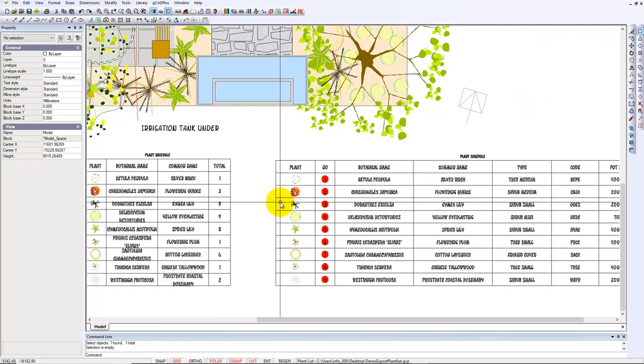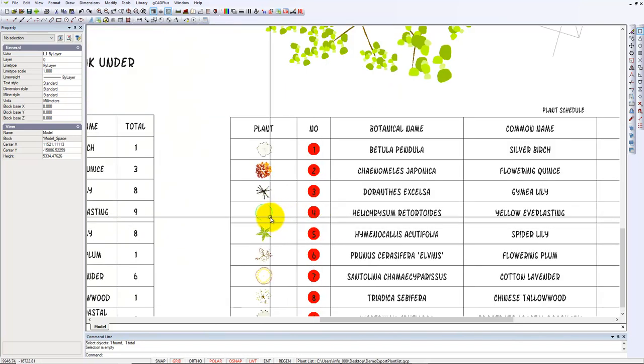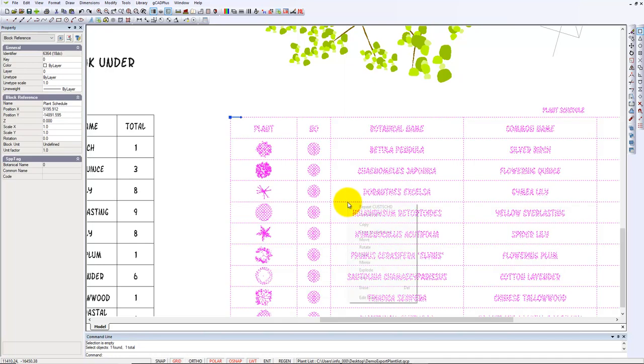and that gives us a slightly better definition of the species. To illustrate, if we look here, we've got yellow everlasting specified at the base of this tree here. To illustrate why you might want to use the marker, there's a code number 4 for the yellow everlasting in that zone. If you jump into edit, or just explode the block,